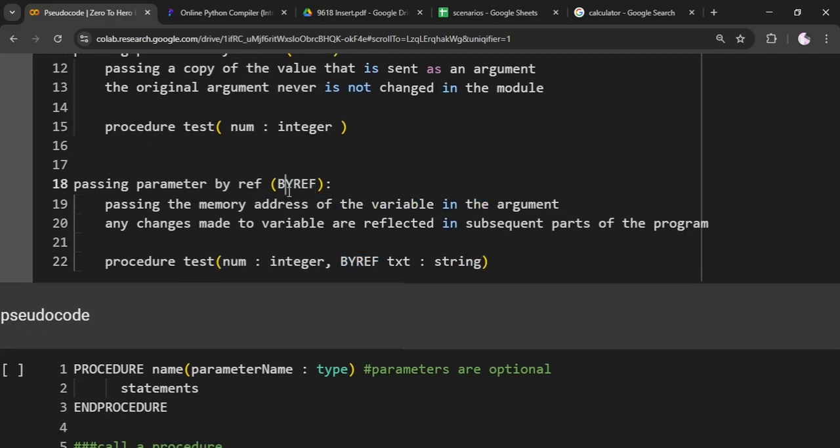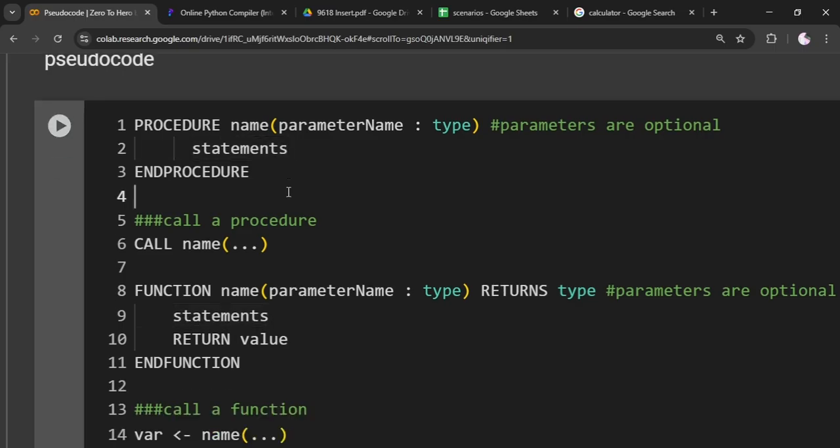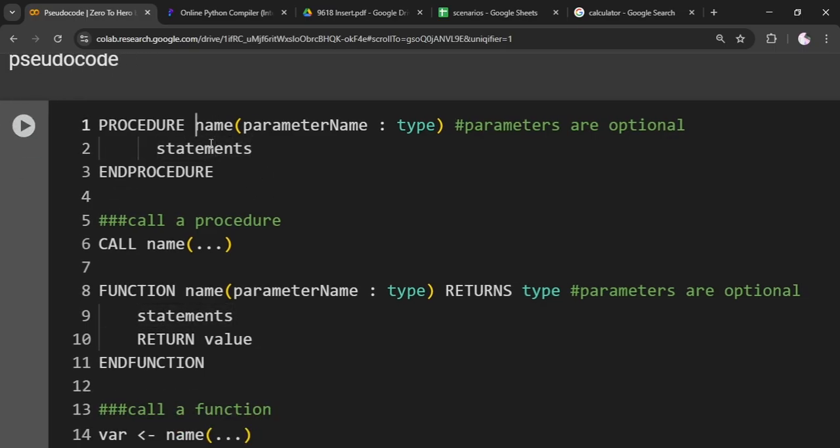And in pseudocode we use by ref like this. Okay, now we jump to the pseudocode part of it. So in order to write pseudocode for this, we write procedure, then we have the name, then we have the parameters which are separated by types, and parameters are optional, then we have the indented code, and we use call